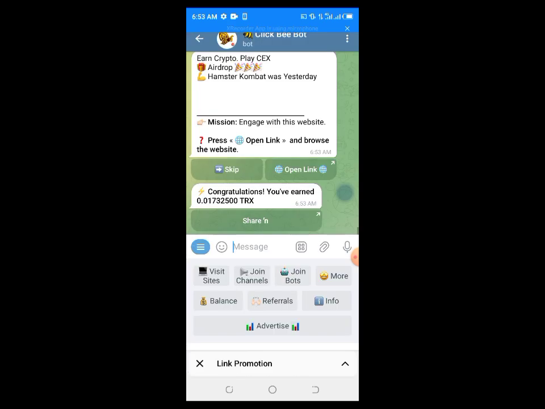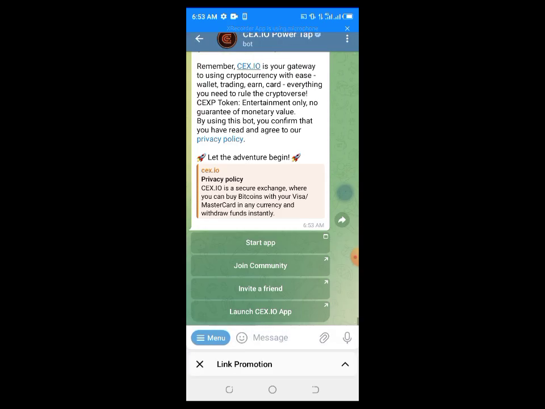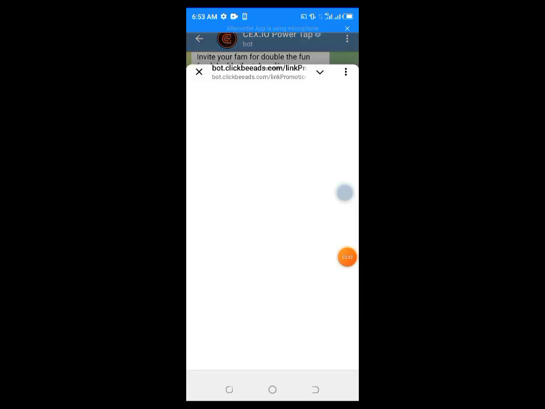Let me open it. So it's taking me back. As you can see right here, this site that they have sent me is showing something that is not good. So let me go back,